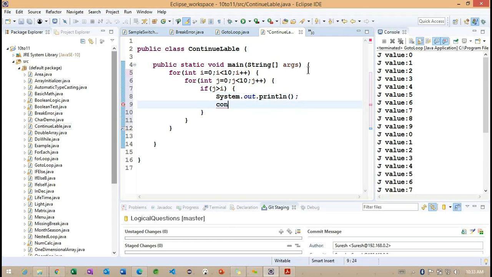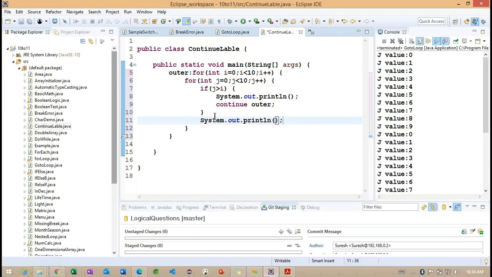So here I'm trying to write one label. The same label I'm going to take here. Here I want to provide outer. Getting the point? If this particular condition is not satisfying here, what I'm going to do?